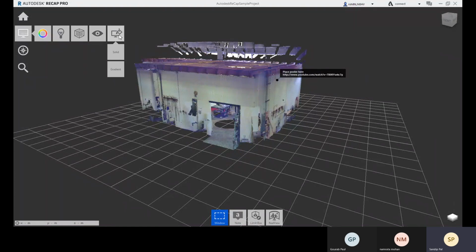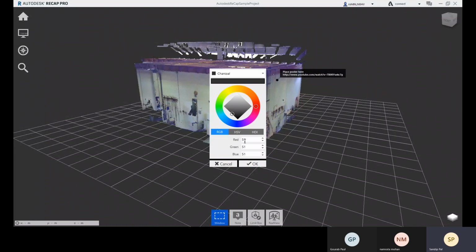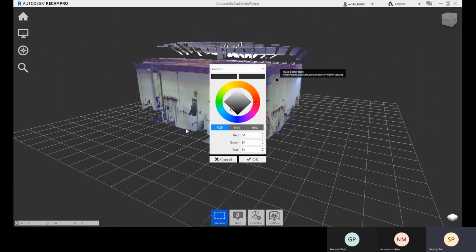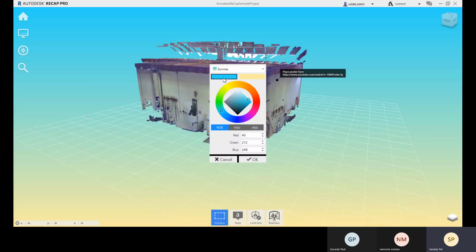And about the background, right now we are having a solid color background. You can see this is the current color, 51, 51, 51. This is the solid color. And you can choose gradient also, like you can go for this sunrise.